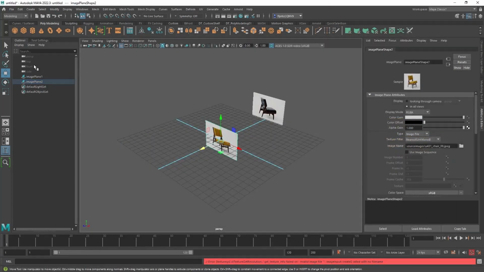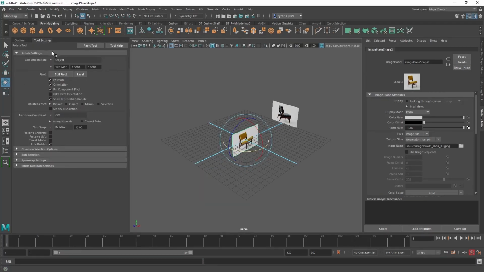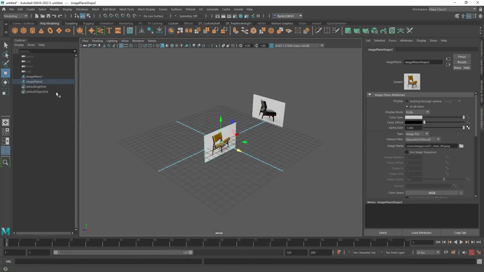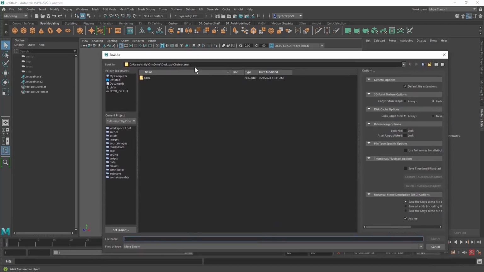Now this one, I think I'm going to rotate 90 degrees, and you can easily rotate something 90 degrees by double-clicking on the Rotate tool and turning on Step Snap, and then it will snap in 15-degree increments. And then I'm going to move that over off the grid and up so it's sort of sitting on the ground. And then let's save our scene. Go to File, Save Scene As, and it should go straight to the Scenes folder inside the project folder that you just created. And we're going to name this Chair